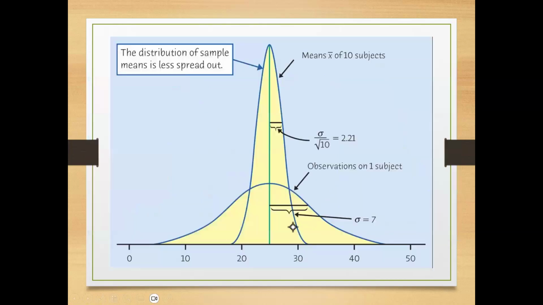What does that look like? We're actually looking at data. So our population is going to have this kind of wider normal curve. And its mean is 25. And suppose we know that its standard deviation is 7. If we take these means of samples with 10 subjects in them, then the relationship between the sampling distribution and